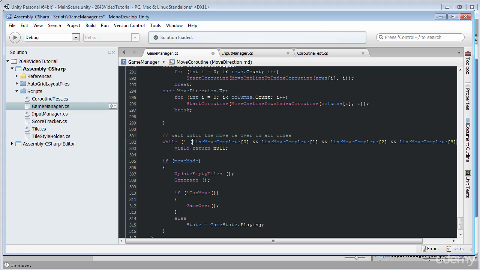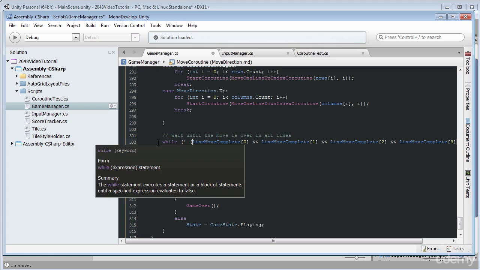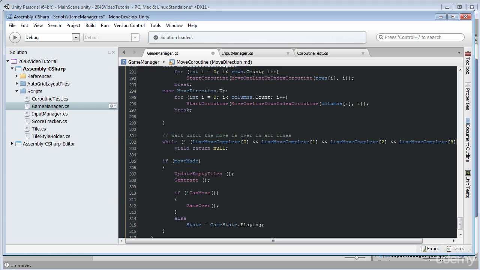So while line move is not complete, at least in one line, there might be a situation when in one line there might be no move available, and in other line there might be a lot of moves and merges. So with this while loop we are waiting until the move is complete in all the lines, and I am saying yield return null. So our move coroutine is similar to the observer coroutine from our coroutine example,